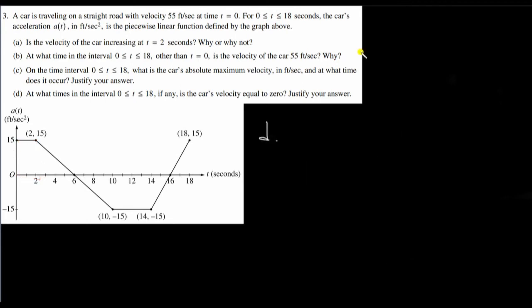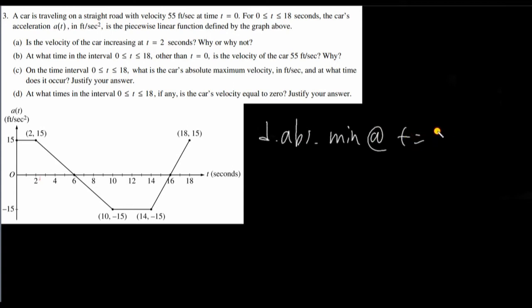Okay, so part D, we need to find the times where the velocity is equal to 0, and we need to justify our answer. Okay, so the way we're going to do this is we're going to examine the absolute minimum. Okay, we want to see what the absolute minimum velocity is, and based on there we'll see what we can do. Okay, so the absolute minimum is where this area is the lowest, and then it's pretty clear just looking at the graph that the lowest area happens at the end of this like negative place here at time t equals 16. That's where the net area is the lowest. So we have an absolute minimum